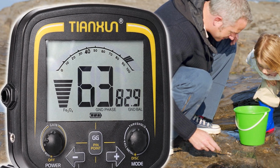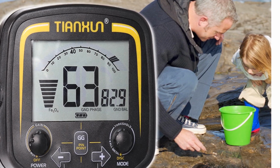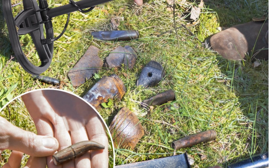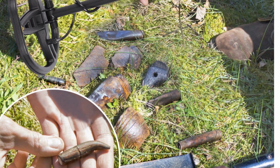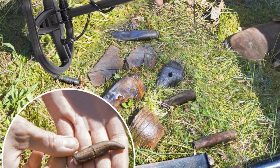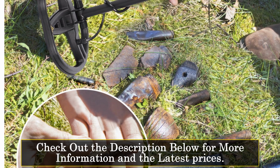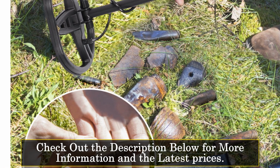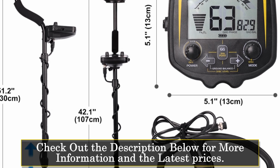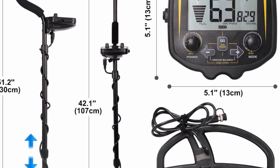Equipped with an unlocked screen, the TEX 850 provides clear and precise visual information, allowing you to easily navigate through different settings and monitor your detection progress. The light screen, combined with the sound indicator, ensures that you won't miss a single target. Powered by batteries, this metal detector offers convenient and portable operation. You can embark on your detecting adventures without worrying about power sources or cables, giving you the freedom to explore